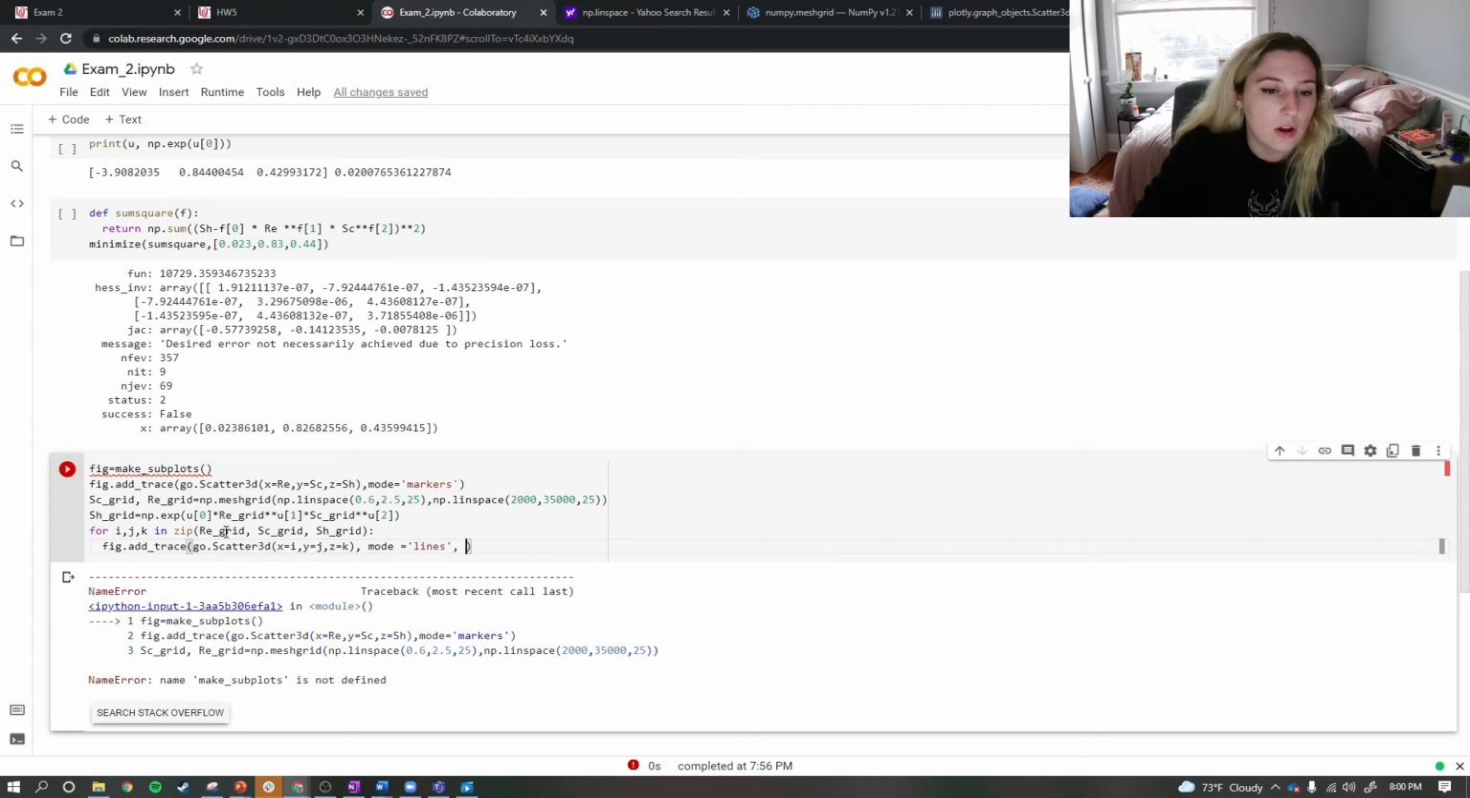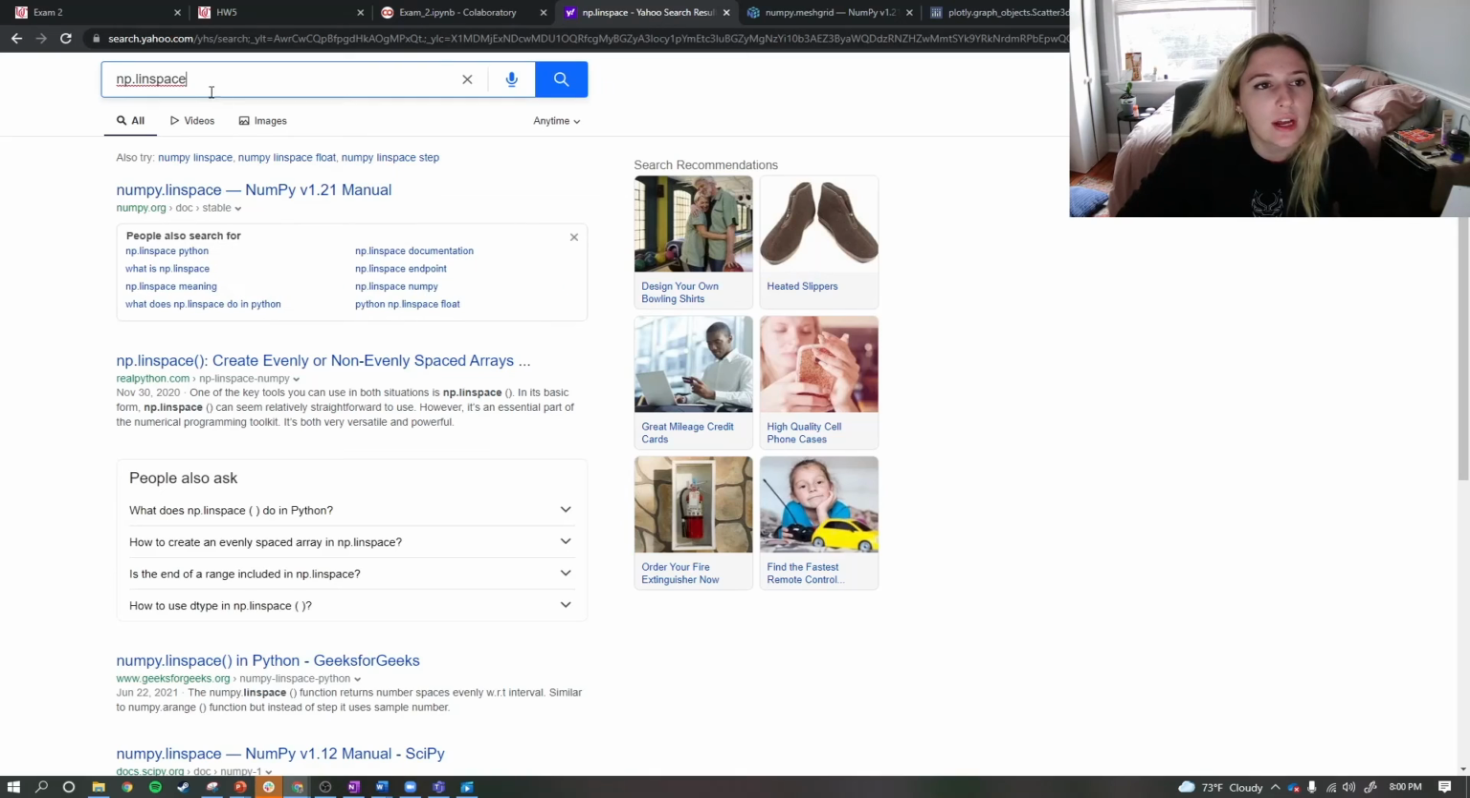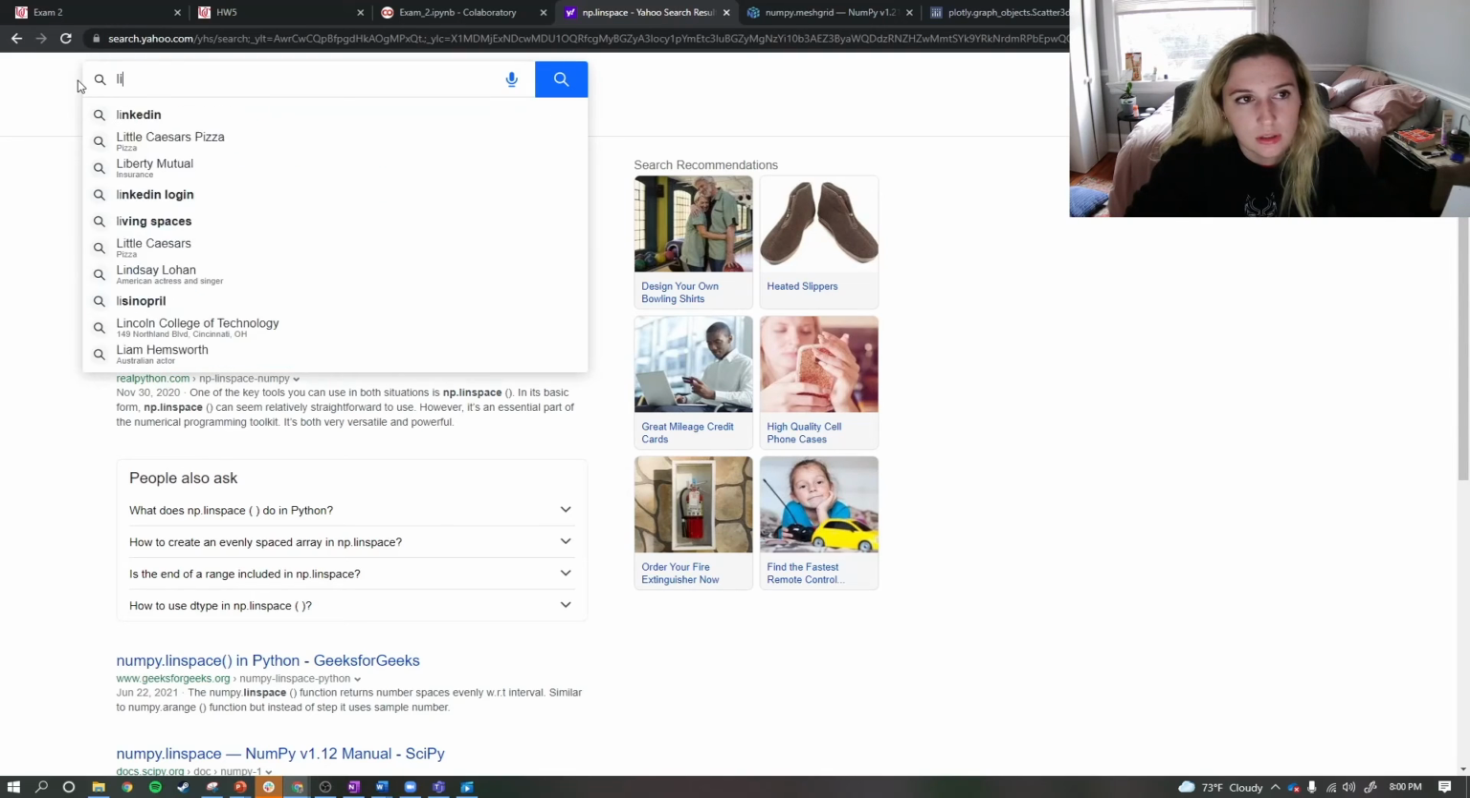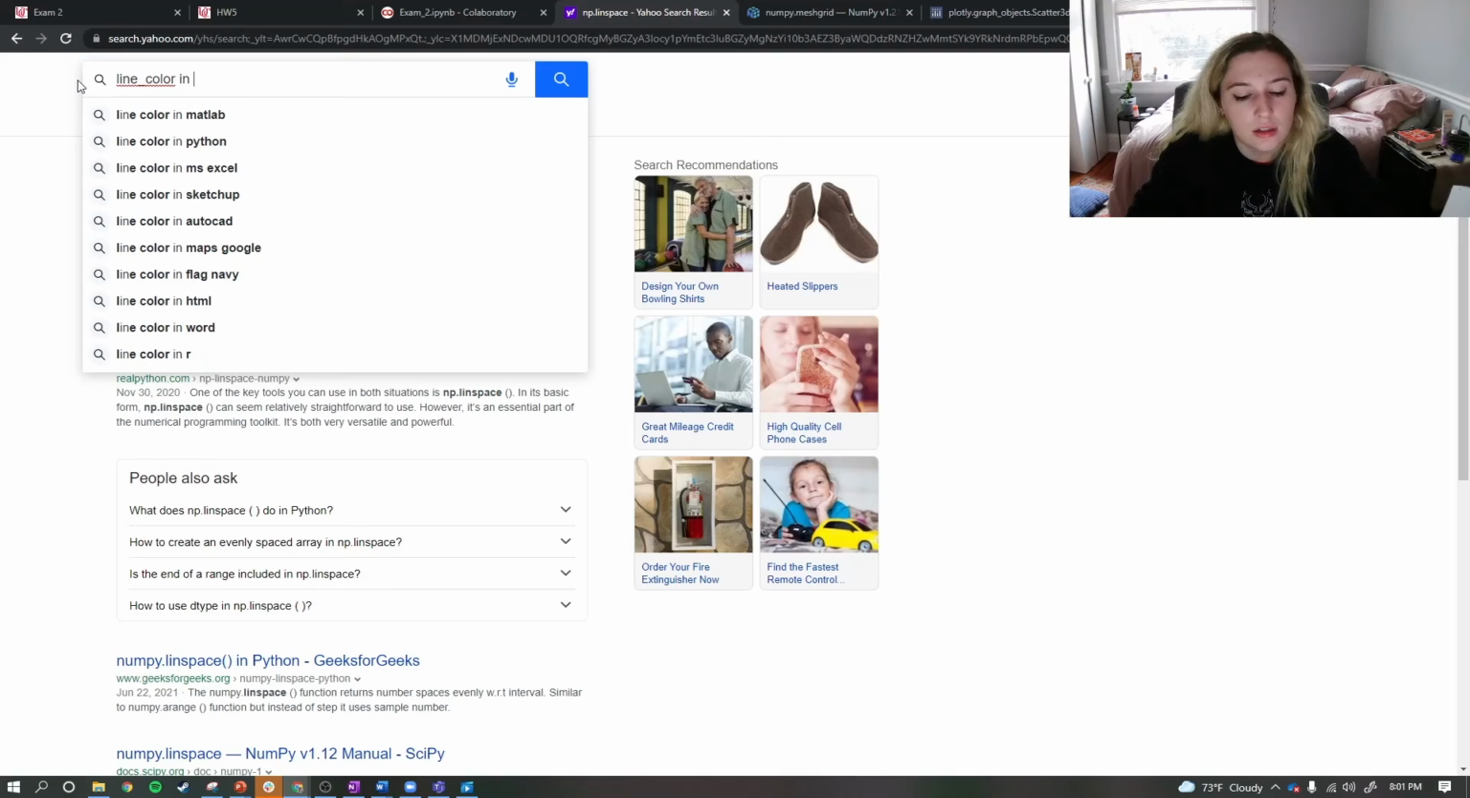And then I'm also going to make the line color. Let me look up the function for that. Line color in